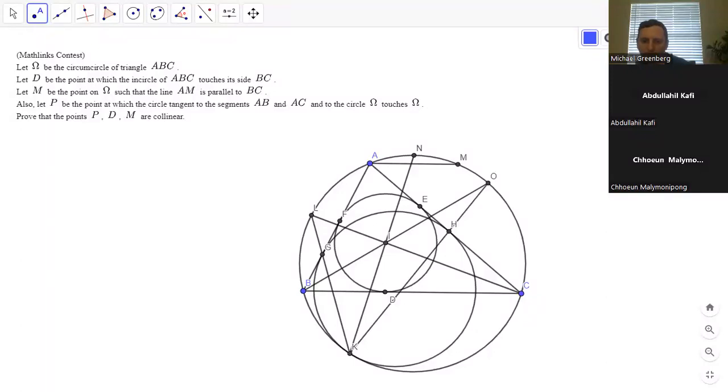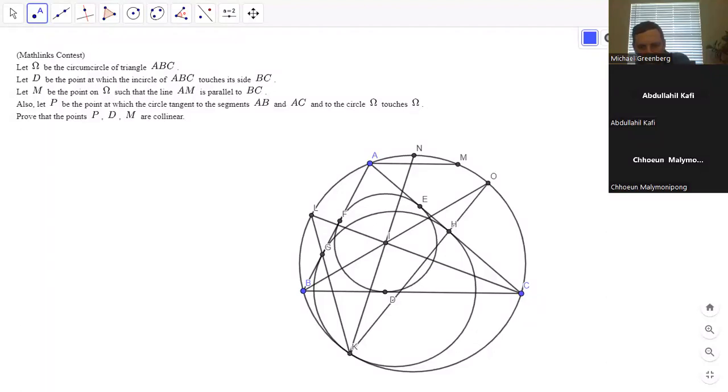So there's got to be some other similar triangle. So KC, is KCI similar to something? KCI